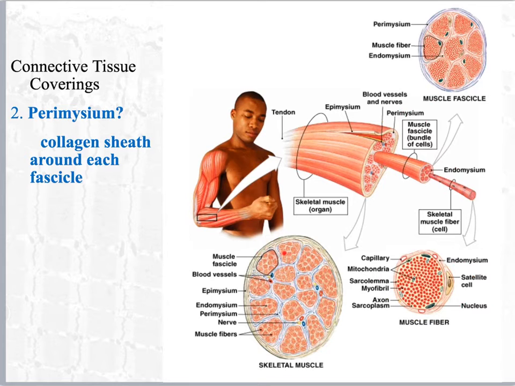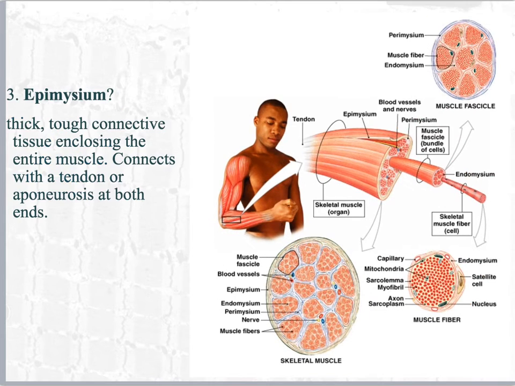Here's one bundle, and then a skeletal muscle itself is lots of these bundles, in turn, bundled together. Surrounding the entire muscle, so those bundles of cells, you have what's called the epimysium. Okay, so that's on the outside. Epi means above. So it's thick connective tissue that encloses the entire muscle. So here you can see it